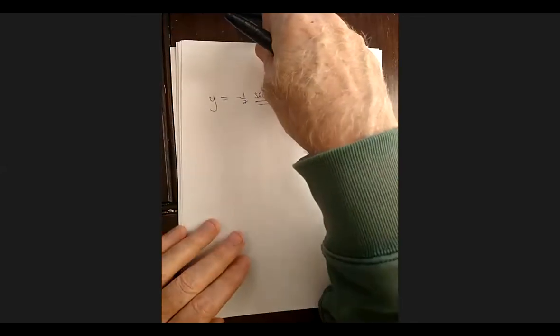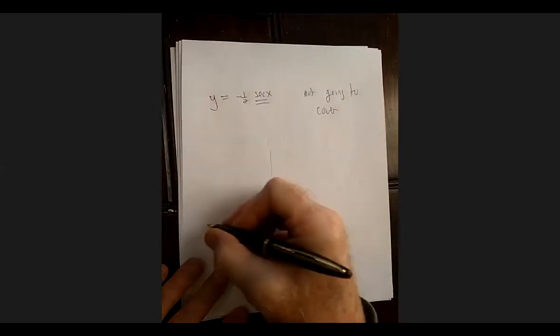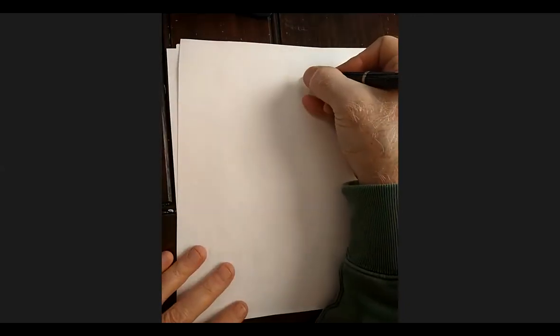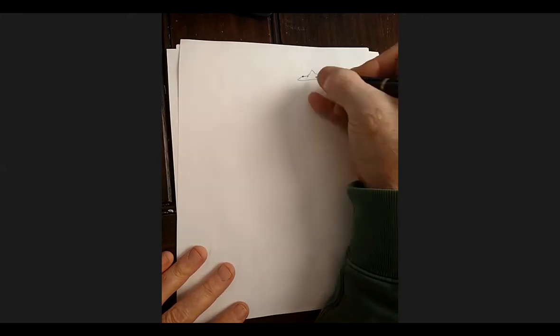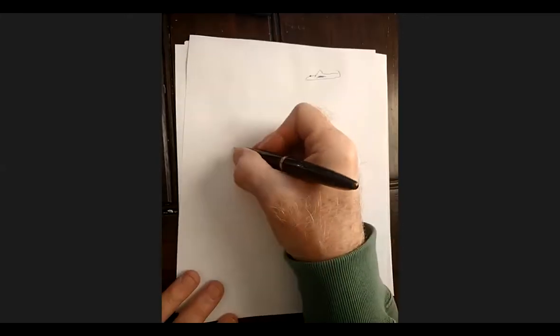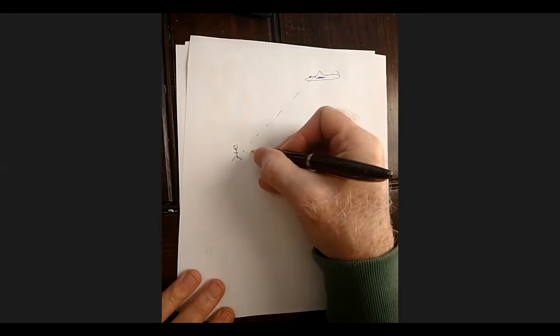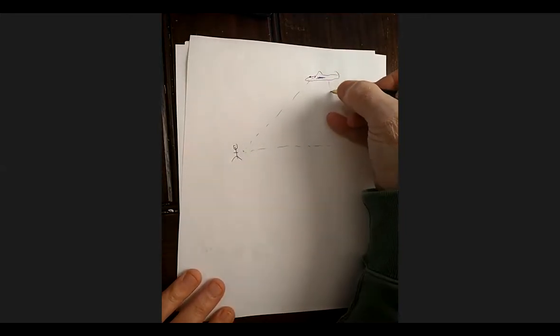Okay. Somebody asked about the application problem for the plane. I know it's in the textbook. So the idea here, let me go on a fresh piece of paper. Somewhere up in the sky, there's going to be a plane. Sorry, I can't draw a plane. It looks like a shark. And then you're down on the ground here and you're looking up at the plane, and that forms a triangle, kind of a right triangle.